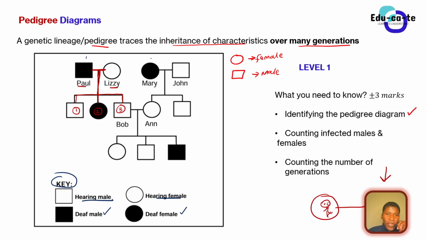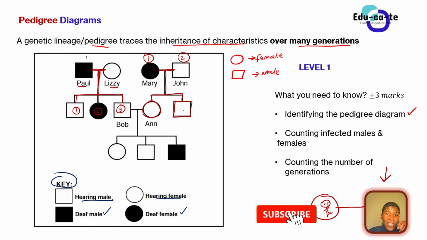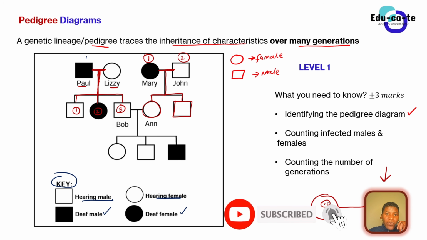Look at this second one. We have Mary here, she's a female. We have John here, he's a male. When you link them with a line, they create these two offspring: a male child and a female child. The female child is N, and the male child, we have not been given a name, is just a square. So he must be a brother to N, but we don't know.